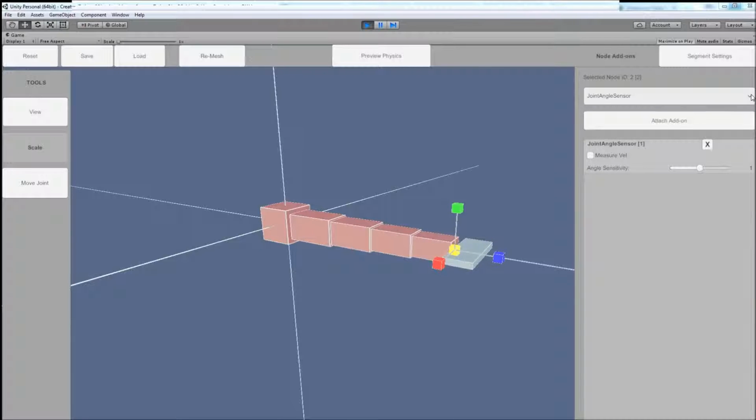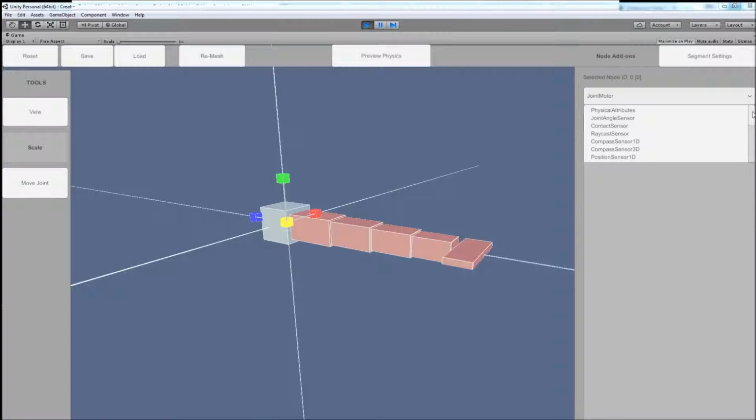tail fin. The other really common one, I'm not going to go over all of these, is the joint motor. So this is what actually allows the creature to bend its limbs. You can give it an amount of force and speed to tell it how strong it is. I'm going to add that again to both of them. And then the other common add-ons are